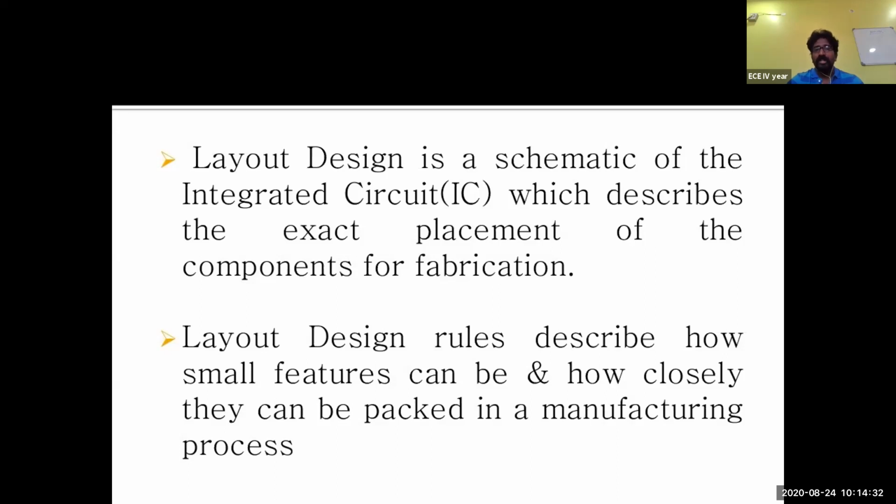So you should be very much careful while designing any kind of schematic design and then converting it into layout. As layout engineers, they should be very much careful with the smallest features, that is the W/L ratio, and they even call it the aspect ratio. So that's why whenever you talk about manufacturing, it comes with respect to the routing, placement, and even floor